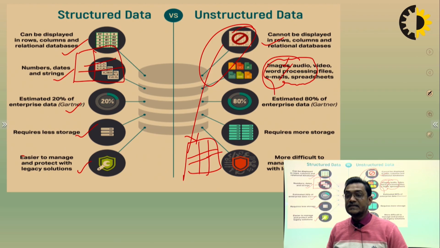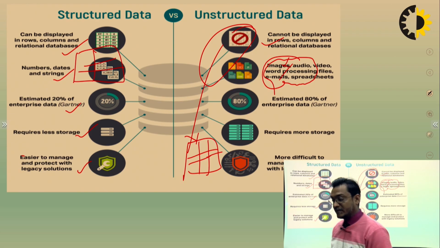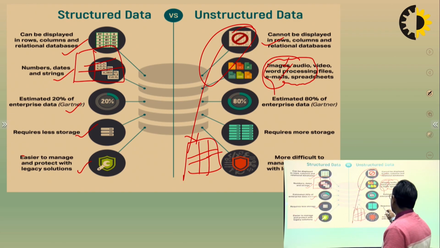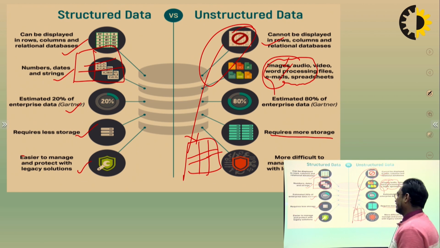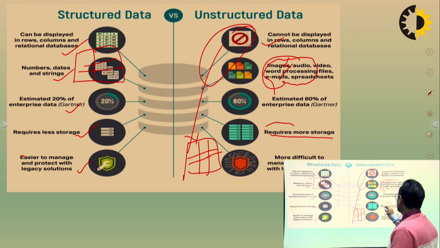Data analytics engineers convert this unstructured data into structured data for future predictions or to design a good model for the future. Now, unstructured data requires more storage. It's very important: structured data requires less storage, but unstructured data requires more storage